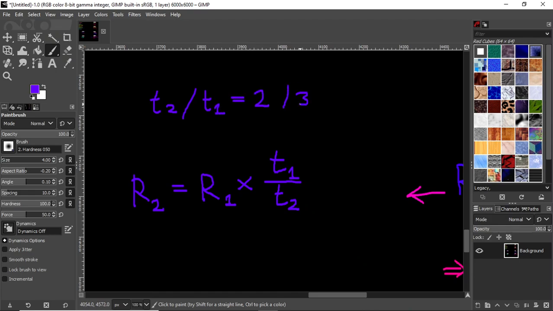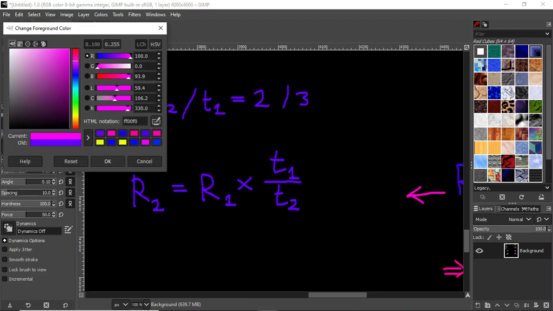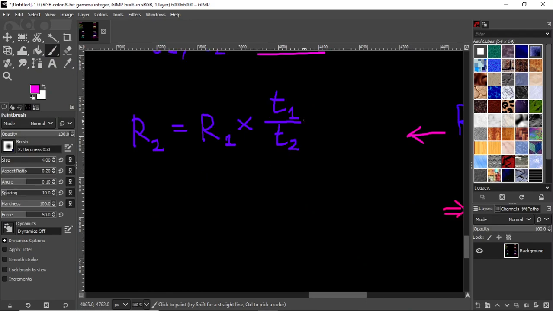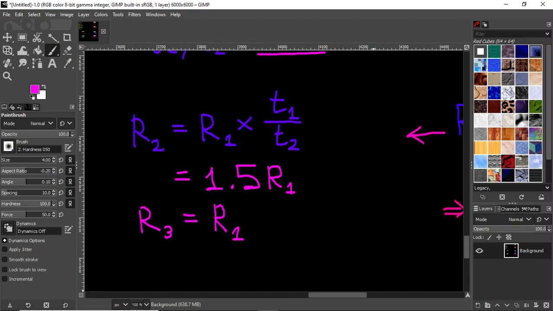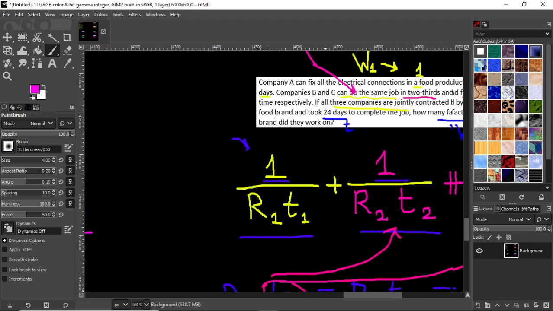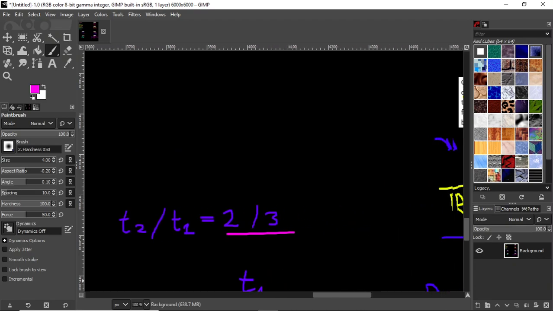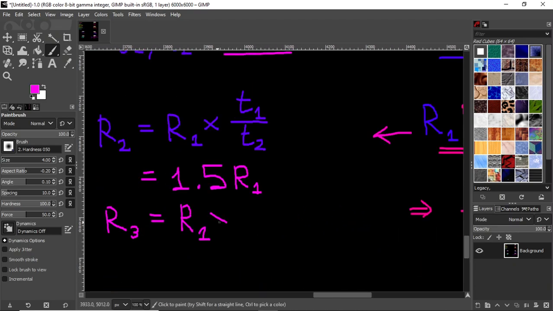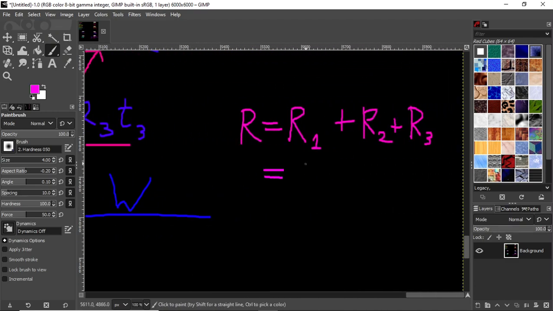That's 2/3. So then what's T1 divided by T2? Well, that's just the reciprocal of this, so that's 3 by 2, or 1.5 R1. Same process for R3. R3 is going to be R1 multiplied by the reciprocal of the factor here. It's 4/5 here, so we take 5 by 4, or 1.25. So R3 is 1.25 R1, and the sum here is going to be 1 plus 1.5 plus 1.25